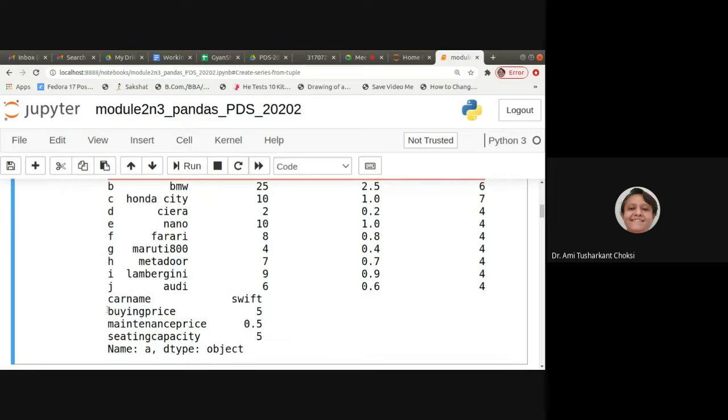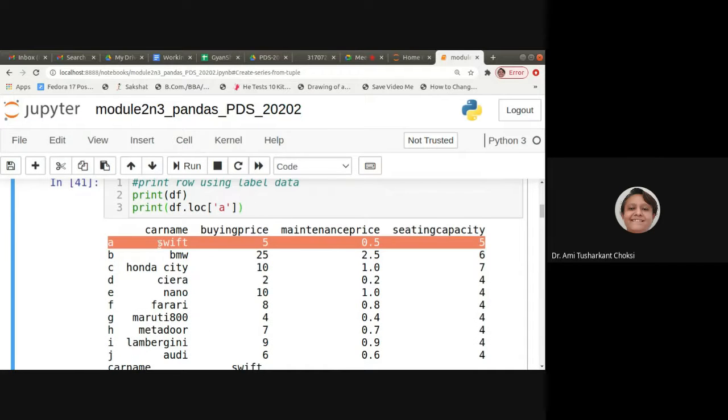So that's what we are getting here. Car name is Swift, buying price 5, maintenance price 0.5, sitting capacity 5, name A, right? What is name A? That is this one, isn't it?